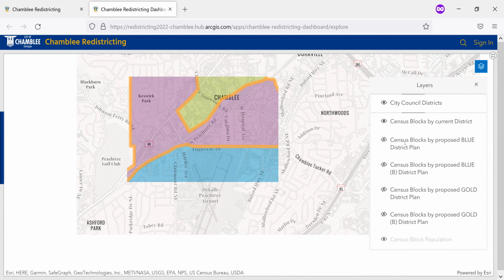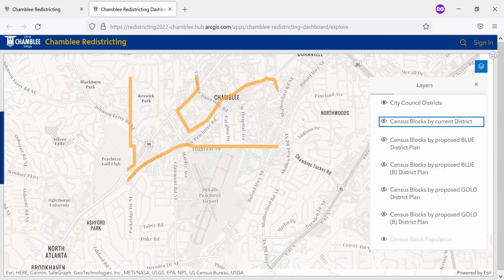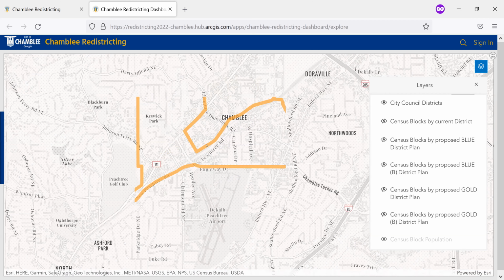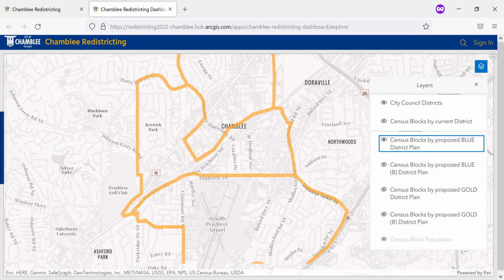If you're viewing this dashboard, the way it's intended to be used is you can turn off individual layers. So here I've turned off the current districts, but you still see the current district boundaries. And then you can turn on each of the new proposed district scenarios. Give that a second to load. And there we go. And like John was showing you on the other map,